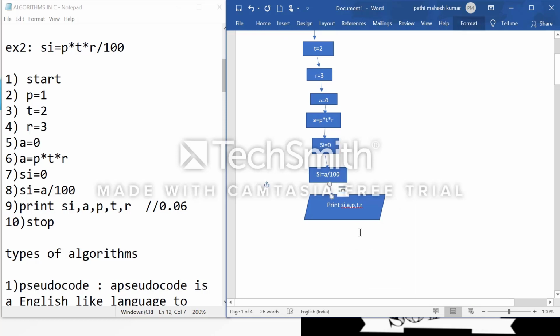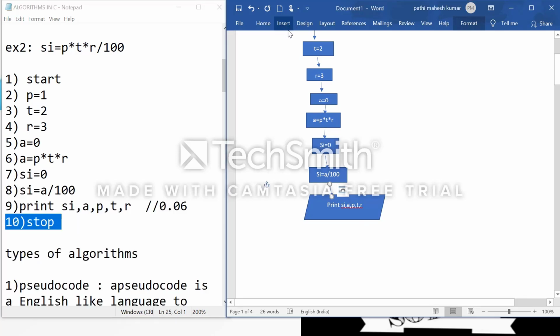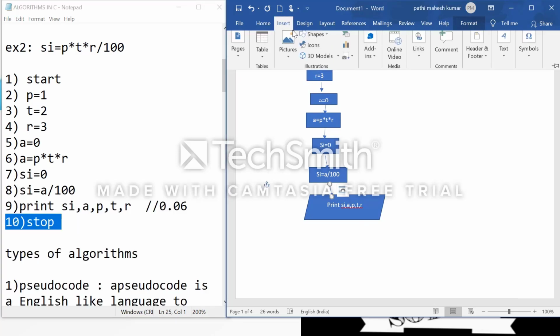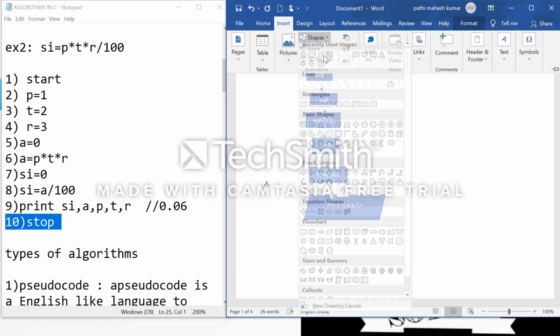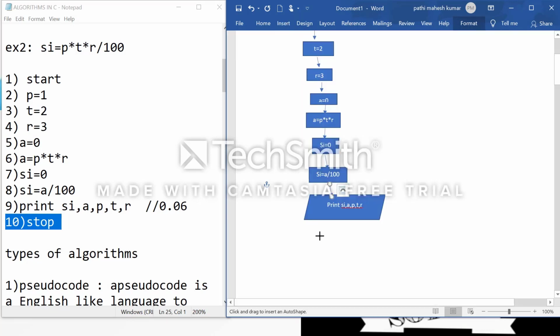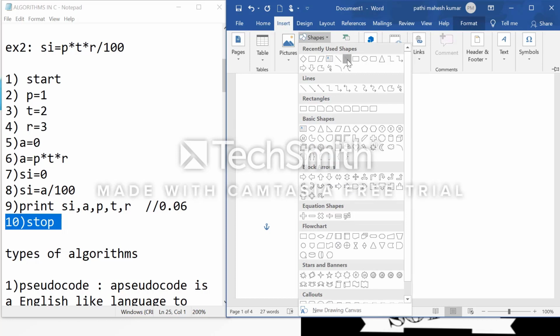The last step is stop, so I am taking the oval shape, writing stop, and connecting these two.